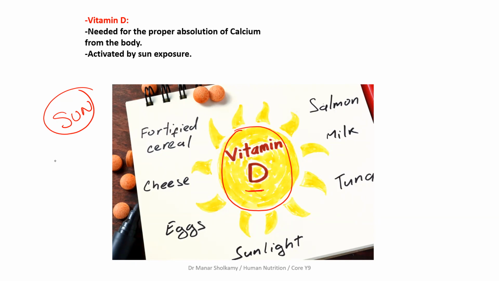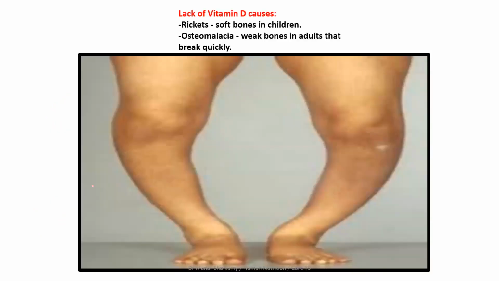Now, the question is, when it is activated, what will it do? It will help in the absorption of what? We said it is friends with what? Calcium. Yes, who said it? Wake up with me, come on. It's very easy. Vitamin D, when it is activated, will help in the absorption of calcium from your body. Now tell me, Ziad, why is calcium important? Calcium for the bones. Very good, for strong bones and strong teeth.